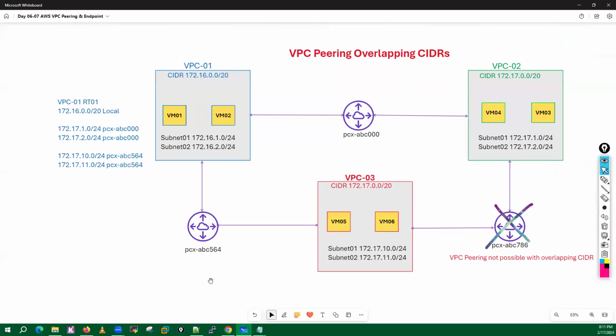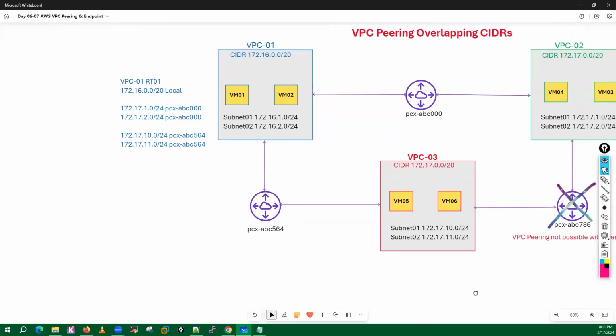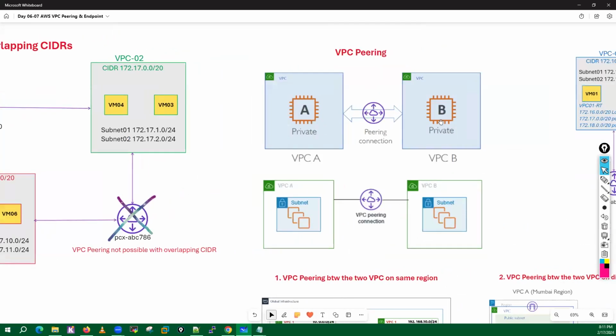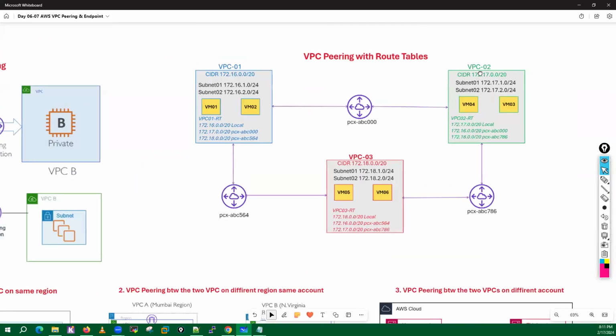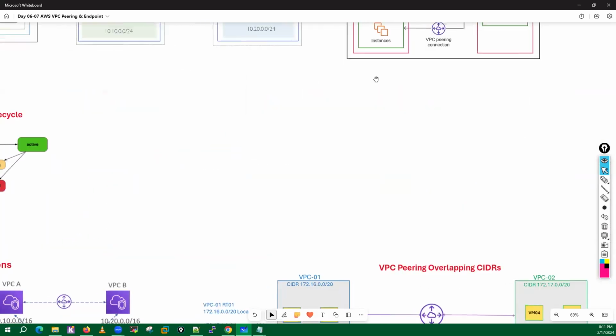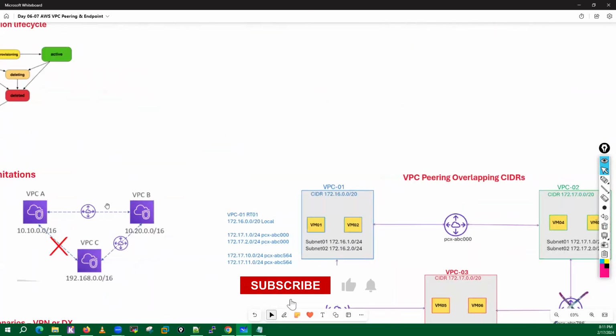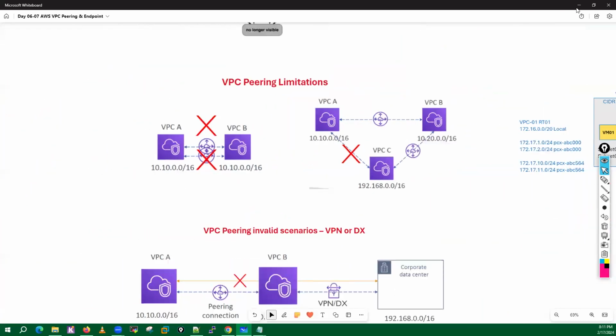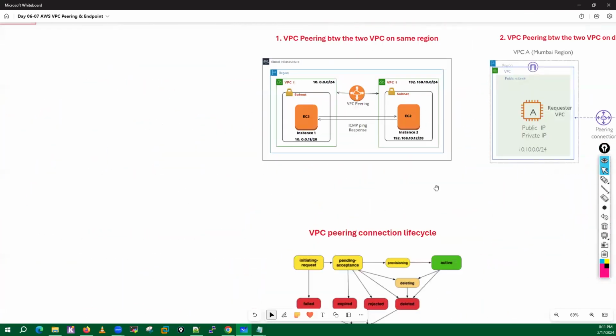Do I have a backup of this or not? Just give me one more second, guys. This is the one diagram. I don't have any type of backup for this. Oh, I have an overlapping subnet one. Okay, guys, so this is what I wanted to cover with regards to today's class. Now let me just